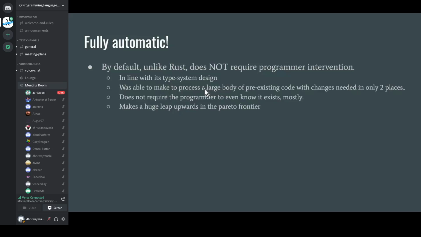It does not require the programmer to know that this algorithm exists most of the time. I program in this language all the time, and I really do not get errors because of lifetimes pretty much ever. That's maybe due to me, but I don't know. And I feel because of that, it makes a leap up in that Pareto frontier, the little image I showed you guys earlier, in terms of how easy it is to program in this language. You can mostly work in this language as if it was a GC language,